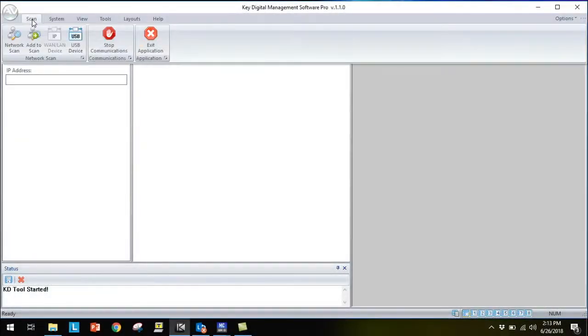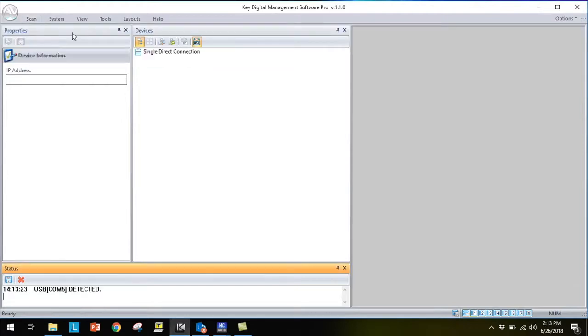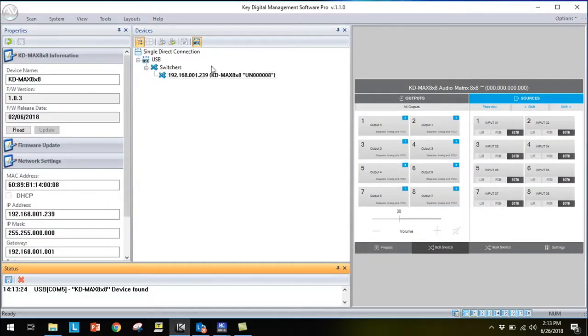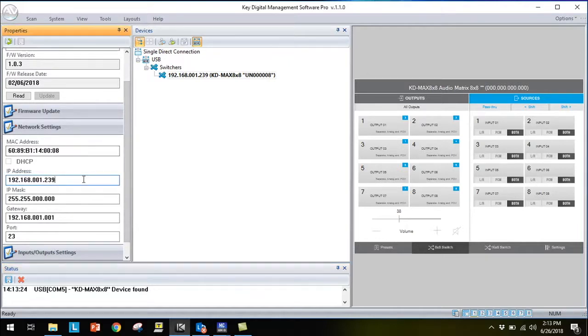Begin by connecting your MAX8x8 to your laptop computer with the USB cable. Go to Scan and USB Scan to detect the connected device. You can change the device name or scroll down to the Network Setting property window to enter the desired IP